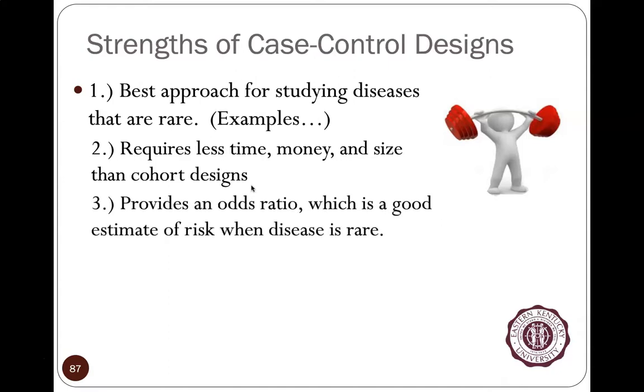Why are case control studies good? The main reason is they're good for studying rare diseases. So if there's only like 50 people in the world with the disease, then you're not going to do a cross-sectional study and try to find those people. You're going to go to the sick people, and you're going to find them, and you're going to match them up with other people that are kind of like them. Maybe siblings, maybe people at the same hospital. Make sense?